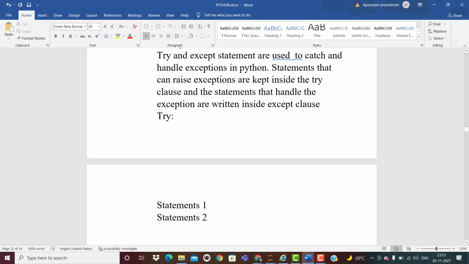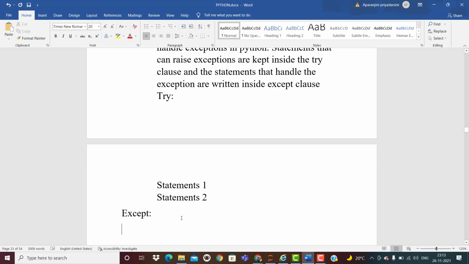Then in these statements, if any exception occurs, this try is going to catch and check all this. Then after this, in the except block, it is going to throw. So here you can write that exception. If you know it, you can write it, or otherwise just write Exception.